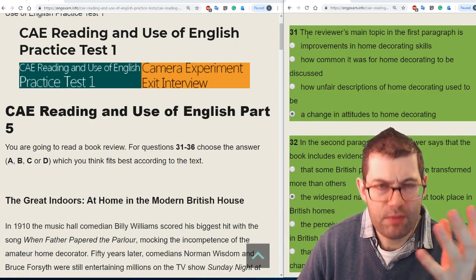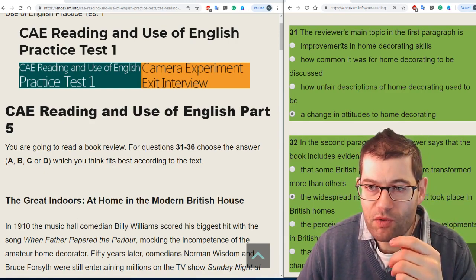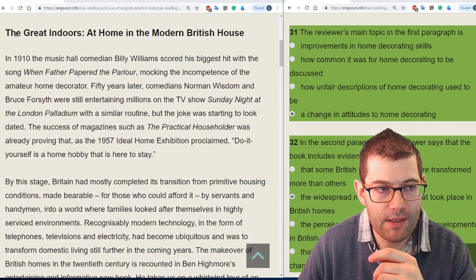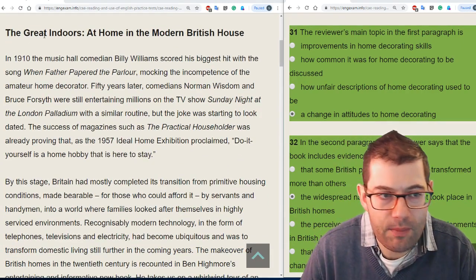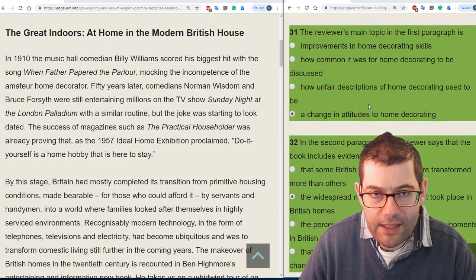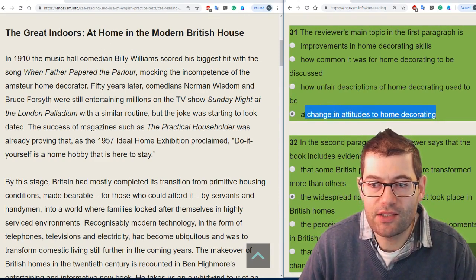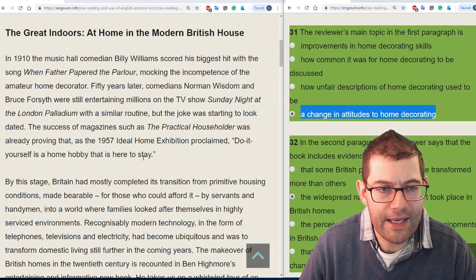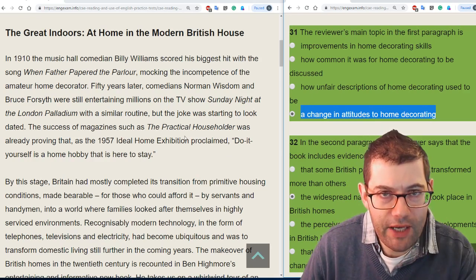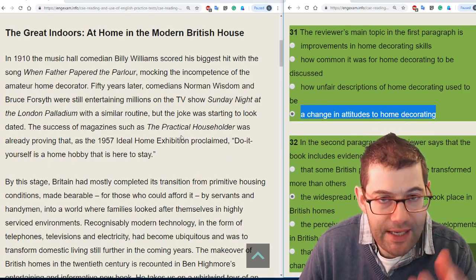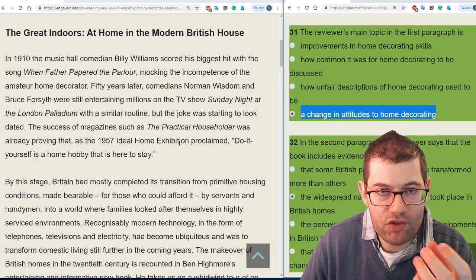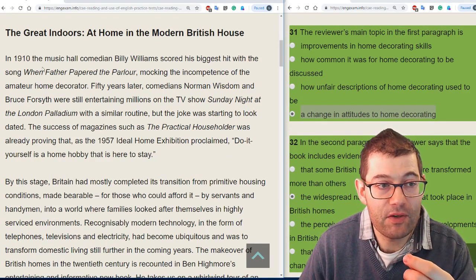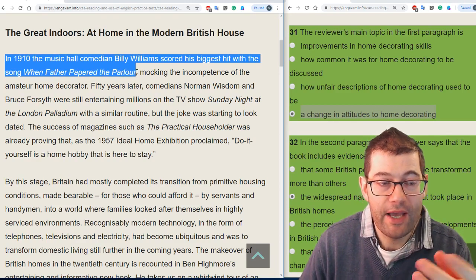For question 31, the first question of this paper, the reviewer's main topic in the first paragraph is, okay, so let's go straight into it. The title is The Great Indoors: At Home in the Modern British House. Now, the answer to this is a change in the attitudes to home decorating. You should see that highlighted above my head. So we're looking for vocabulary that connects, or an idea or a context that connects to a change in attitudes to home decorating. And we can see that because in the beginning of the paragraph it talks about how in